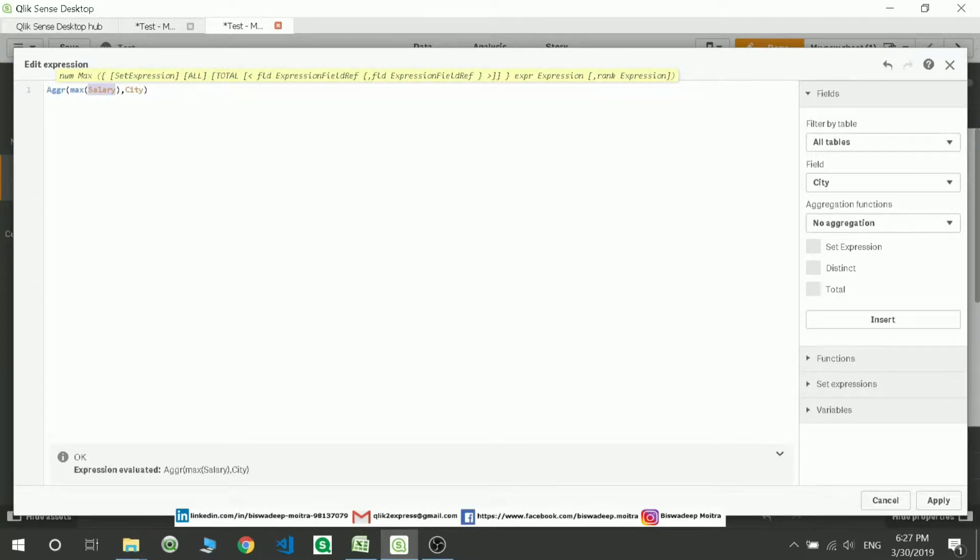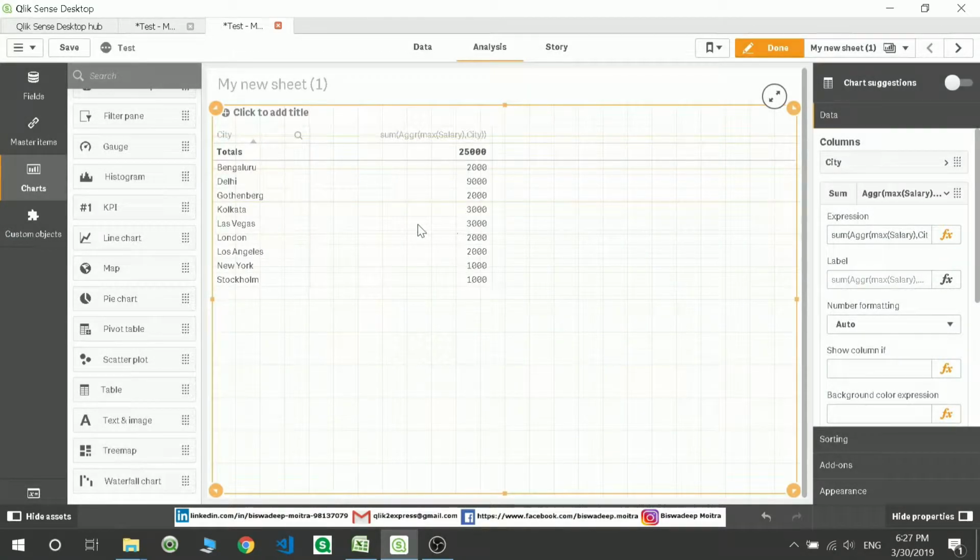Maximum of salary is grouped based on your city. After that I want to do a sum of it, so simply put a sum. Now it shows you the maximum values of the records and then the sum of it. For Delhi it is showing 9000,